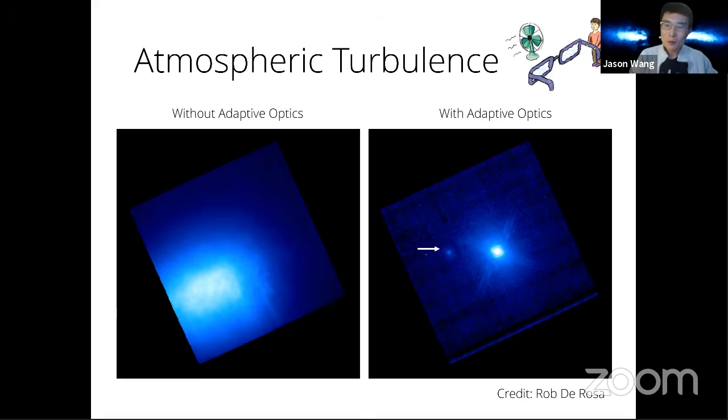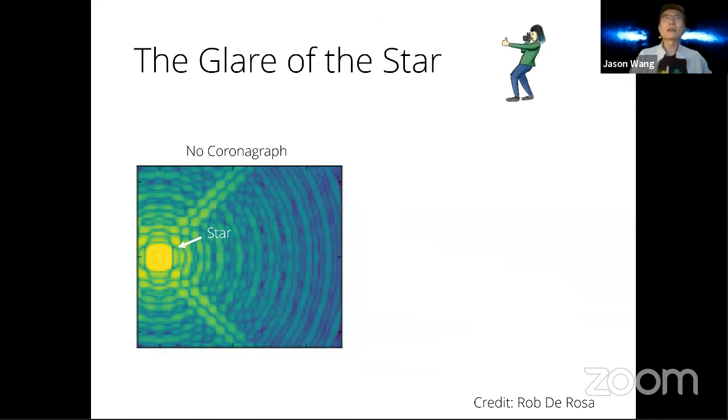But that's just one part of the problem. The second part of the problem is that there's a fundamental limit due to the quantum nature of light. So on the left here, this is an image of a star, assuming perfect adaptive optics. You have like the best optometrists in the world. They corrected all the atmospheric turbulence. This is what the star looks like. All these ripples you see, this is due to the wave-like nature of light. This is light from the star interfering with itself. This is due to quantum mechanics. And these ripples of light are inherently brighter than any planet that orbits the star. So there actually is a planet in this simulated image. You just